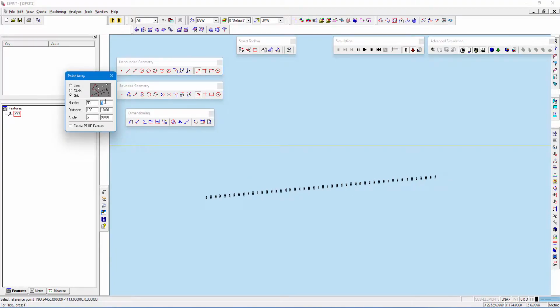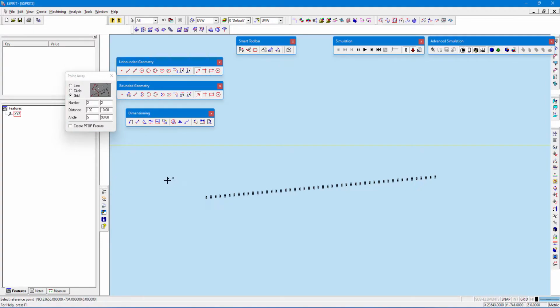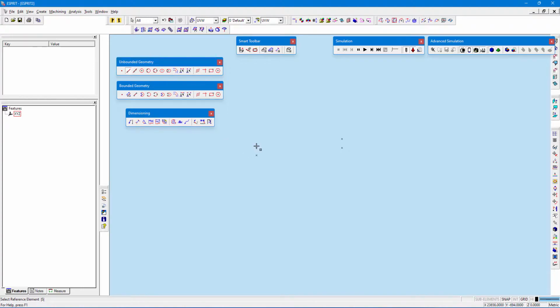It will be giving results in multiple ways, so I will now show it in a simple manner. Give 2 out of 2, and the distance will be 5, and I will select here. There will be 2 numbers in 2 numbers, with a distance of 100 mm, and the starting angle will be 5, and for the other the starting angle will be 90. Okay, so this will be very helpful during our circle line creations. So I will select the point, and I have to select my first point and second point.